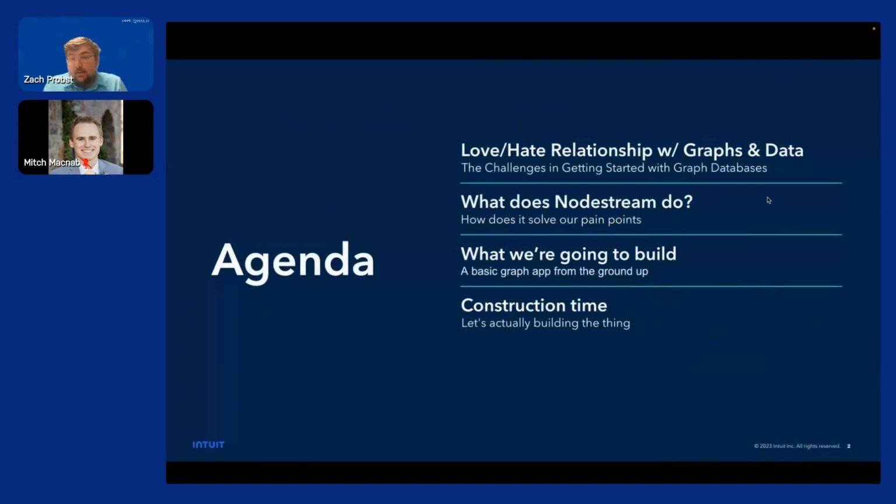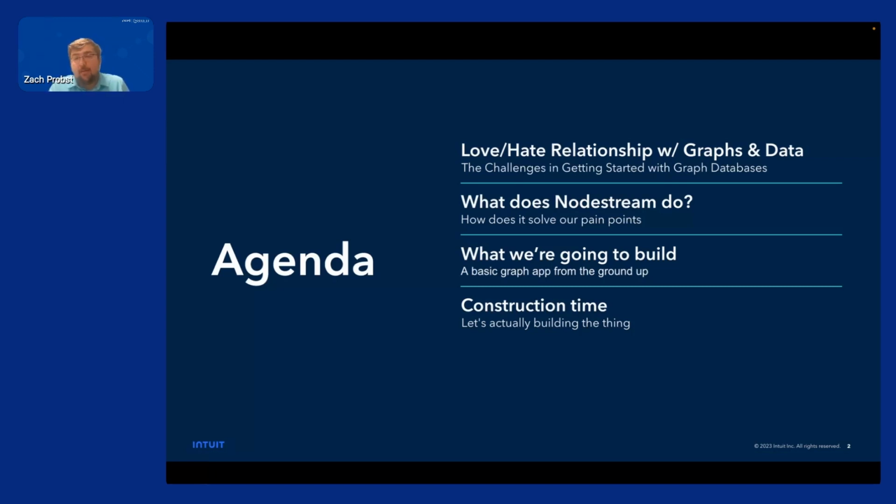Outline what we're going to be talking about today. We're going to be talking about the love-hate relationships graphs have with data, and how data is messy, and graphs help kind of clean that up, and all the challenges with doing that. And then we're going to go into what Nodestream is and what it solves for, and why you might want to use it. And then really my objective is we're going to spend most of the time just building a basic little graph app with Nodestream. Get a feel for what it's like, what it does for you, all the complexity that it takes off your shoulders, and just getting started with